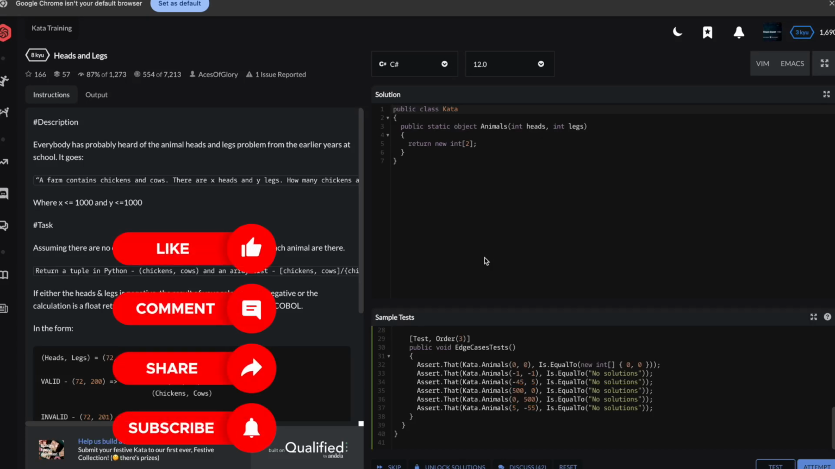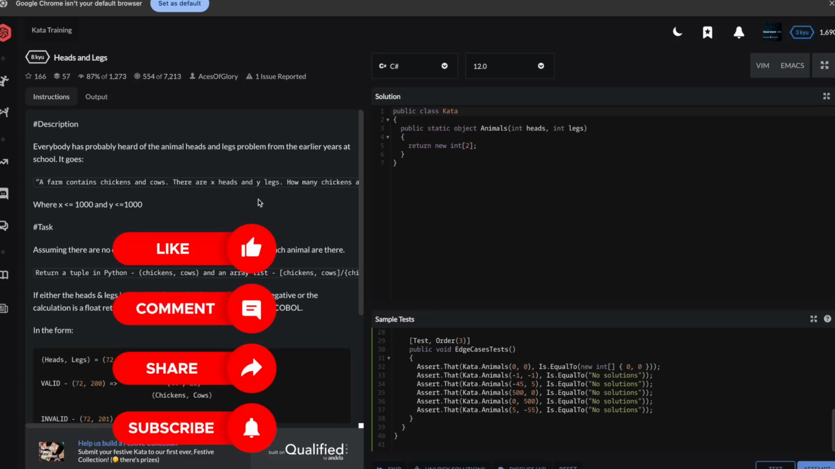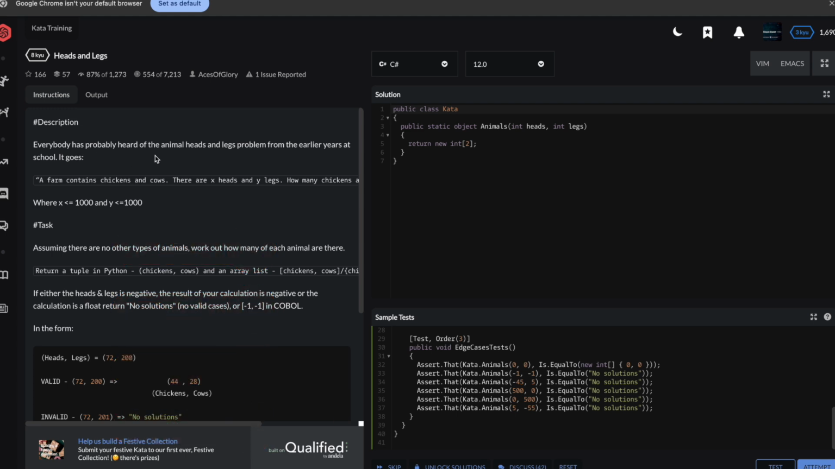Caillou challenge. This one's called Heads and Legs. They bring up an apparently common problem that people are supposed to learn in school. I did not have this problem in school, but they tell of a farm with chickens and cows. Basically, they give us a number of heads and a number of legs passed in as a parameter, and we're